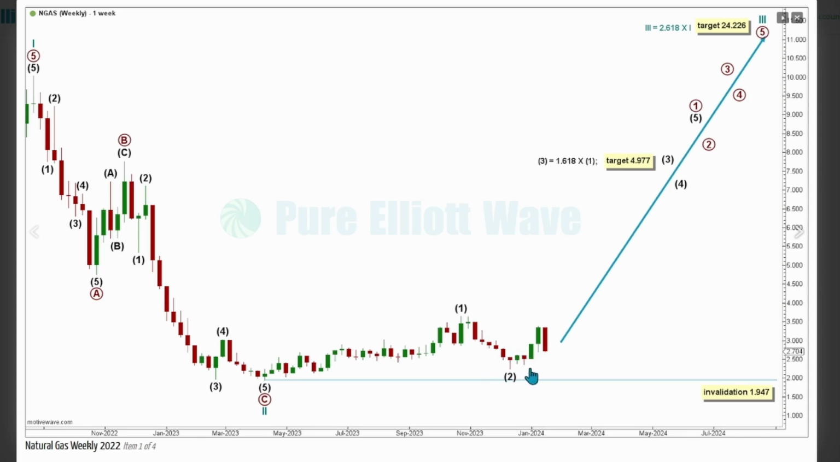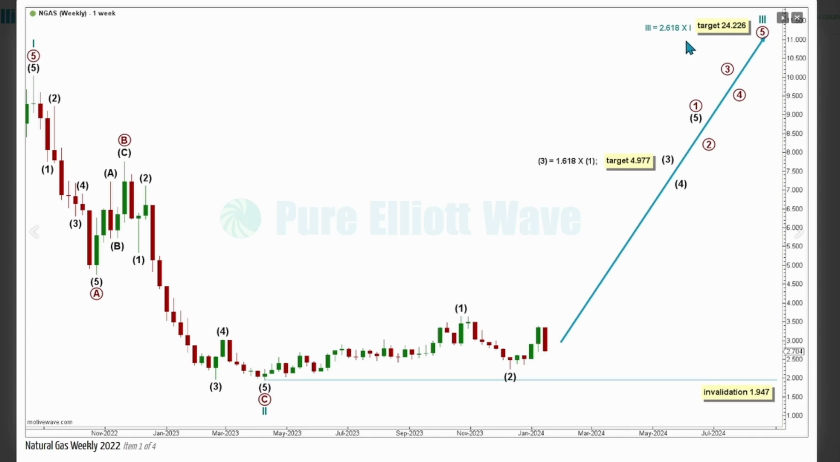If price makes a low below the end of intermediate wave 2 at 2.235, then intermediate wave 2 will be labeled incomplete and it cannot move below the start of intermediate wave 1 at 1.947. Overall, cycle wave 3 is expected to pull price higher with a target calculated at 24.226, the 2.618 Fibonacci ratio